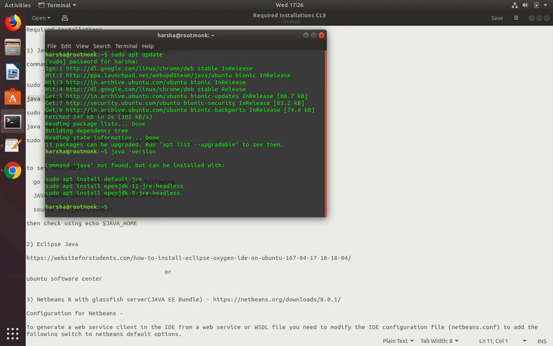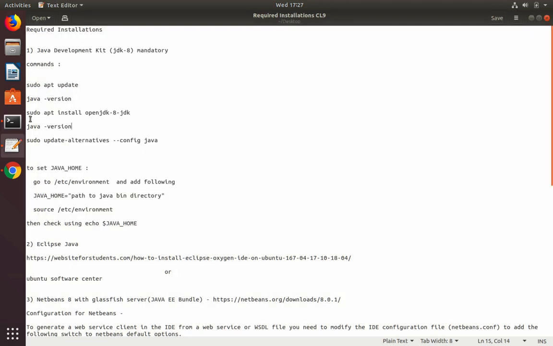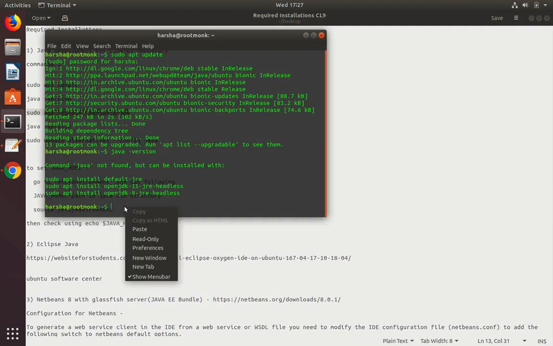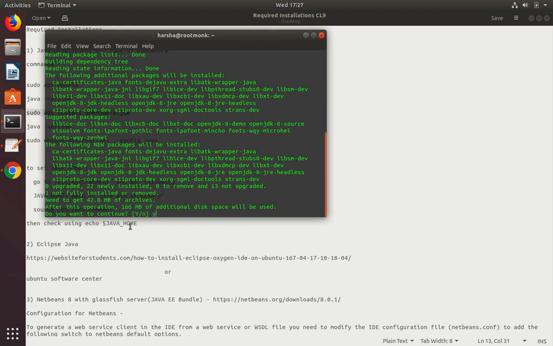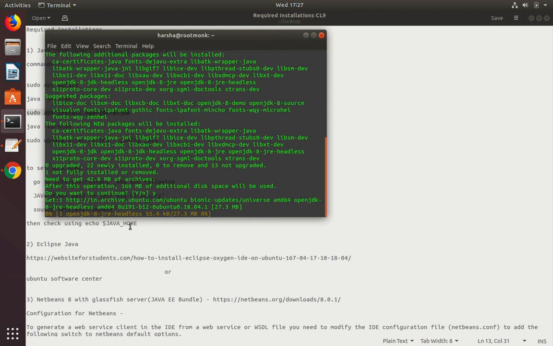As you can see, Java is not installed, so we'll copy the next command to install Java. This installs Java as well as the JDK. Paste the command, execute it, press Y, enter.